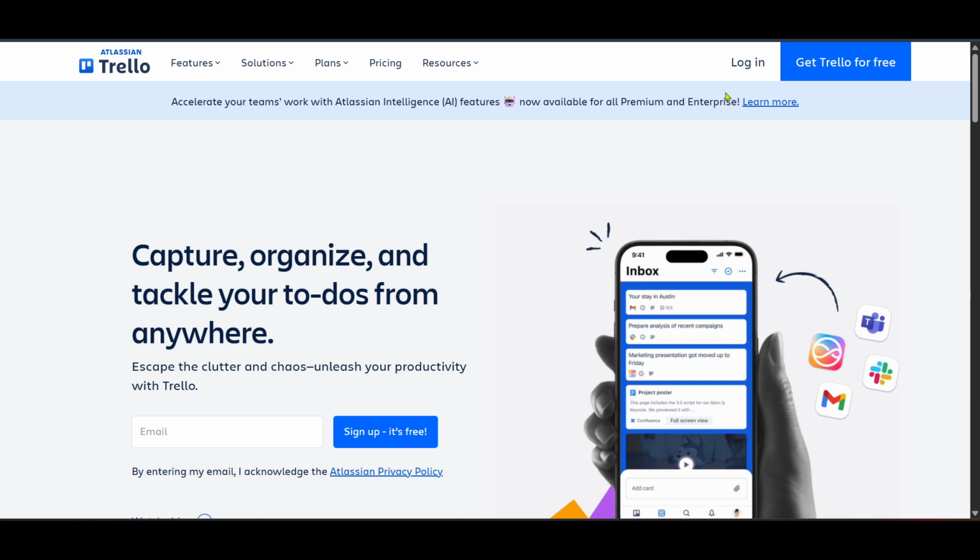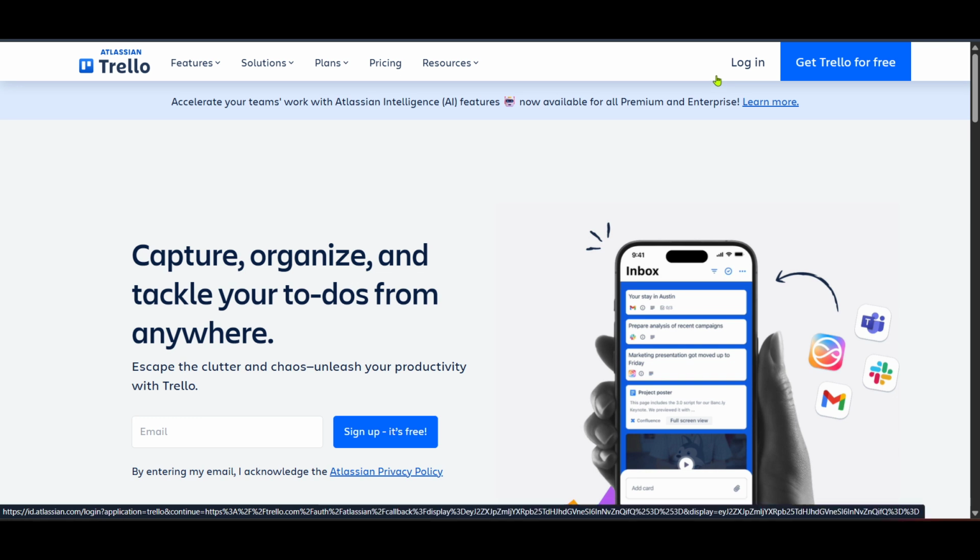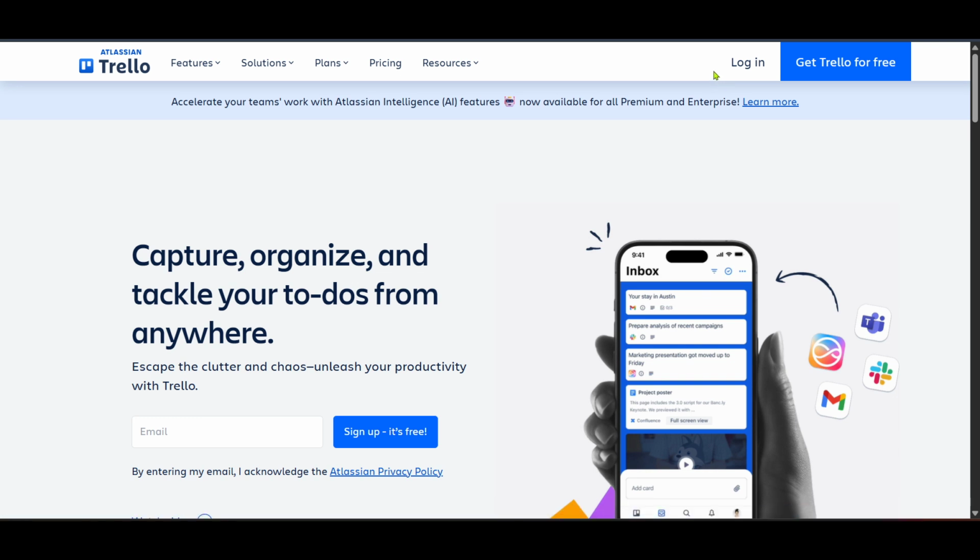First things first, the initial step on your journey to accepting a Trello invitation is to open up your preferred web browser and head over to the Trello website. Trello is a fantastic tool for organizing your tasks and projects, accessible from virtually anywhere you have internet access. Once you are on the Trello homepage, take a moment to appreciate the clean and user-friendly interface designed to keep